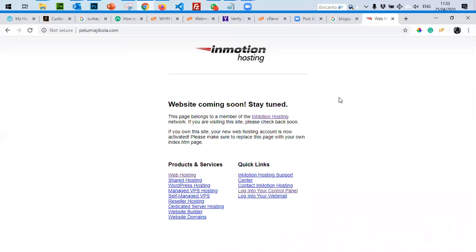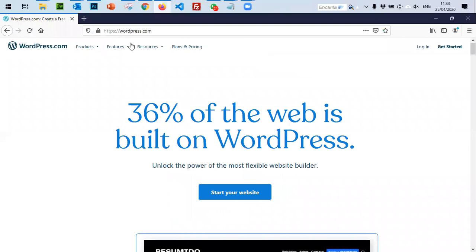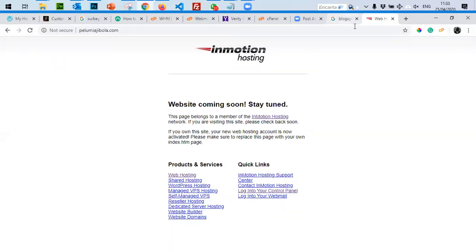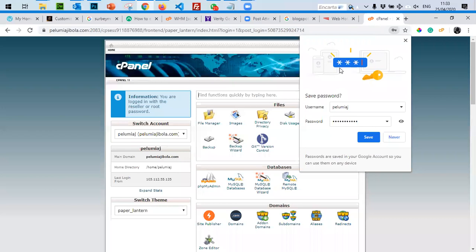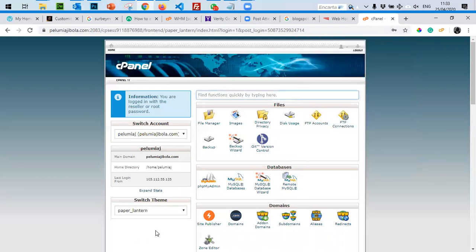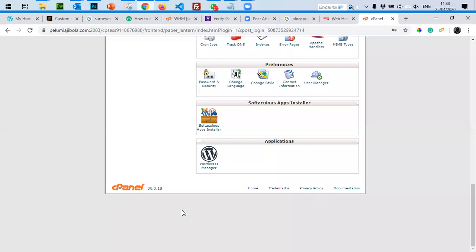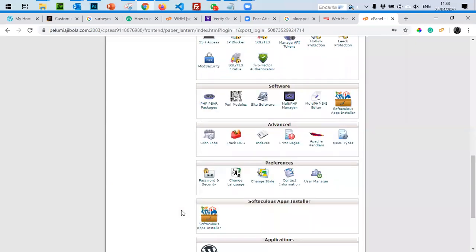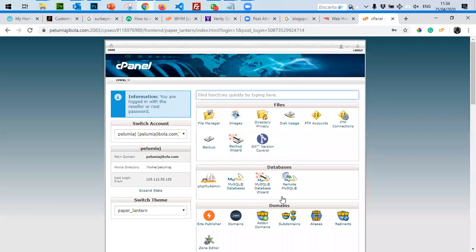It's hosted on a hosting company called Emotion. Something is blocking my screen. So I'm logged into his control panel. cPanel is a popular control panel software that comes with a lot of websites. This is where the web programmer or administrator manages the database of the website and the files. For you to get your own domain name and website, we can discuss that one later.